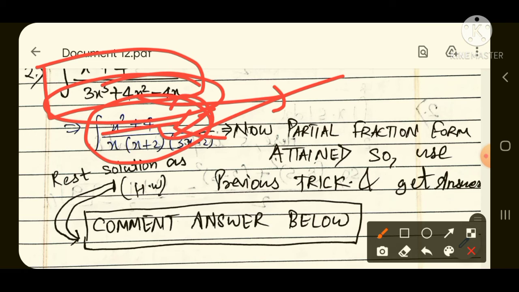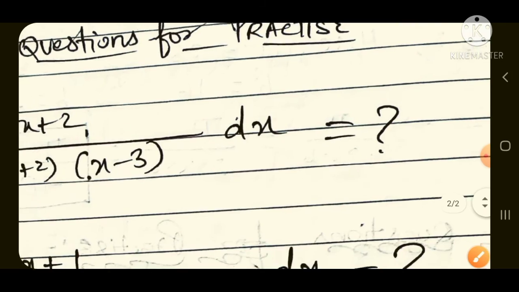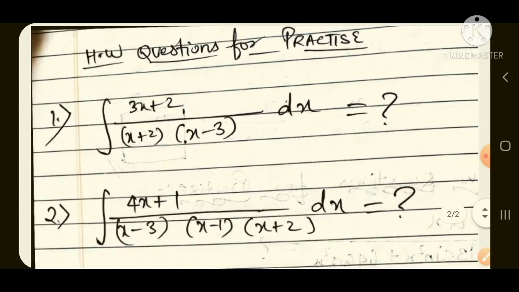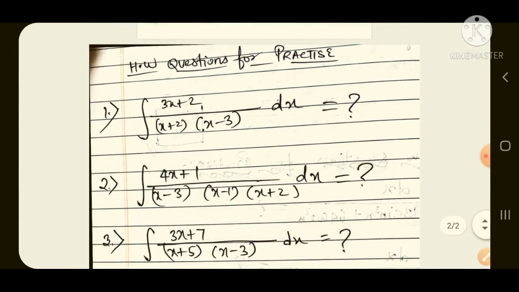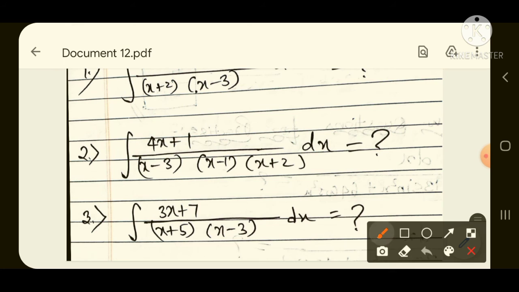So this is your homework. Now I have told you the method, and apply the trick. So this is your homework question, and comment the answer below as I have written here. The top answer would be pinned by me for the comment. So for better practice and better understanding of the question, I have got a few homework questions for you. You can just find out the answers for these three questions, 1, 2, 3,